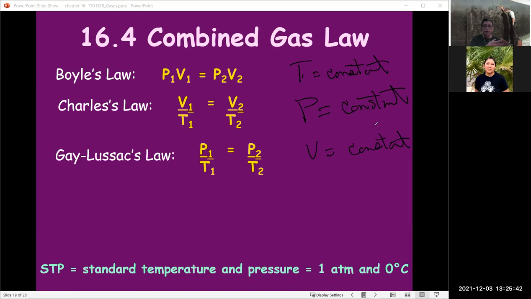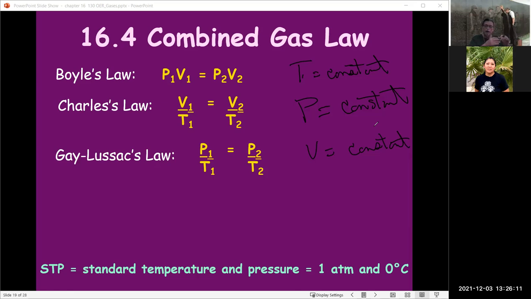Okay, and they found out that the ratio of the pressure and temperature of the initial conditions is equal to the ratio of the pressure and temperature of the final conditions. Okay, so you have three different laws and equations that came about by holding one of the three variables: temperature,